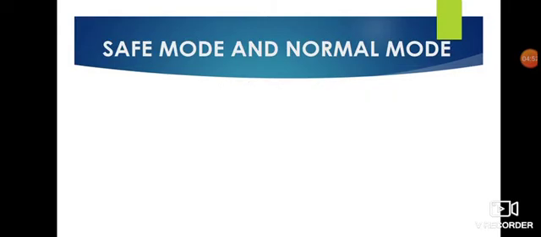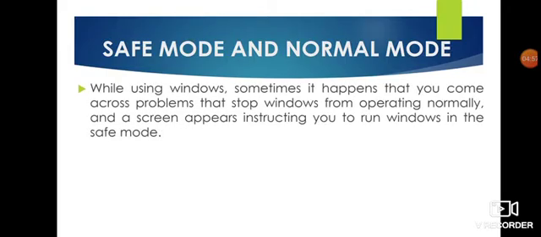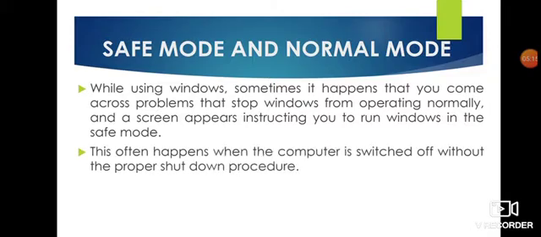Now next is safe mode and normal mode. While using Windows, sometimes you come across problems that stop Windows from operating normally, and a screen appears instructing you to run Windows in safe mode. This often happens when the computer is switched off without the proper shutdown procedure.